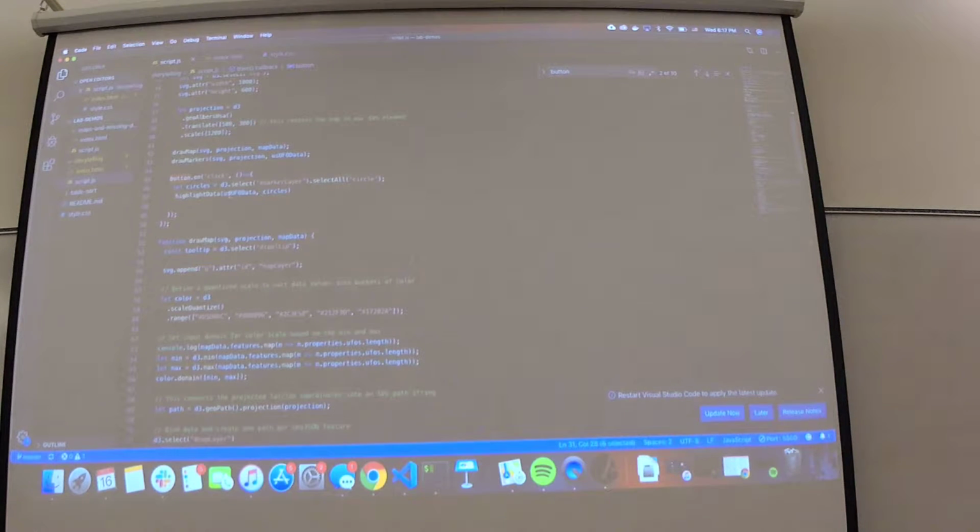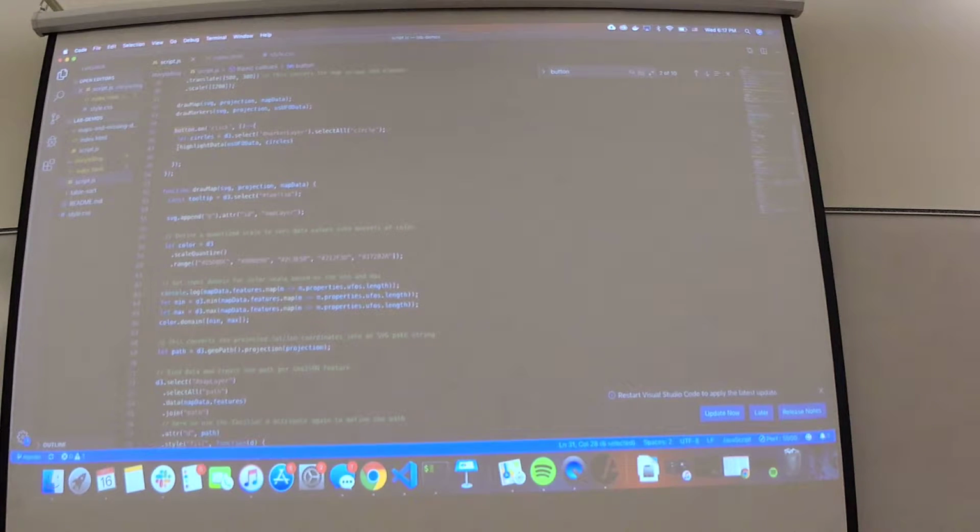on the button, I'm selecting all of the circles that we've drawn previously, and I've broken it out into a highlight data function. So I'm passing the data and the circles. And what I'm doing with that,